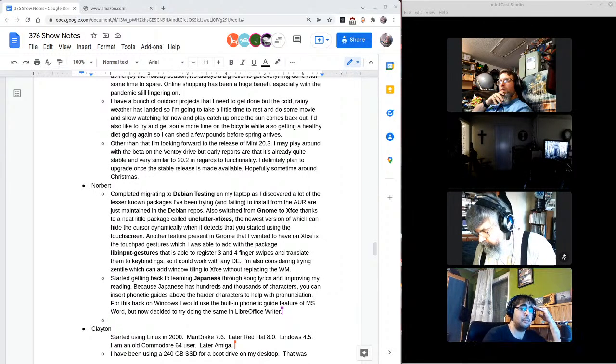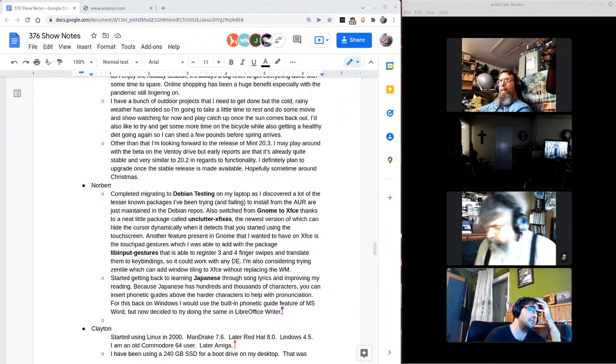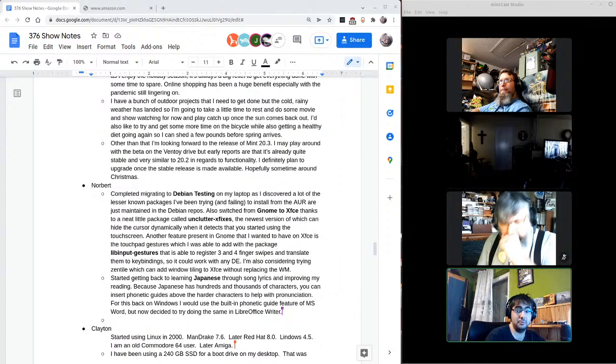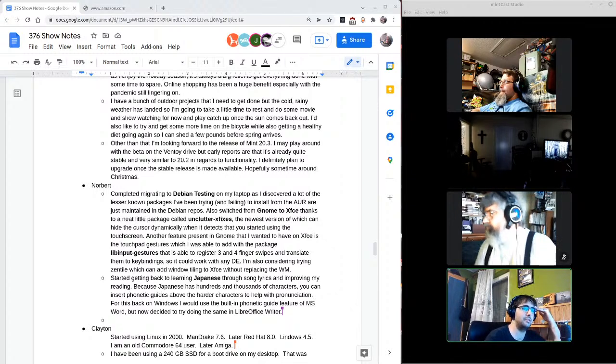As I mentioned, I finally settled on a distro for my laptop. Sometime in the middle of November marked my first year of using Linux full time, and I guess I'm still in my distro hopping phase because I've been trying out various systems on my laptop, and for a while I was happy with EndeavourOS and